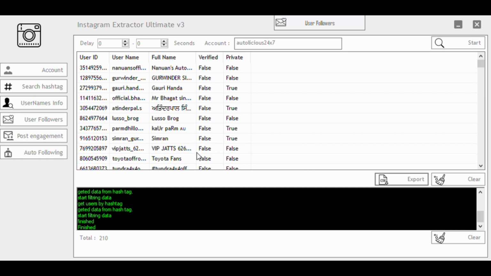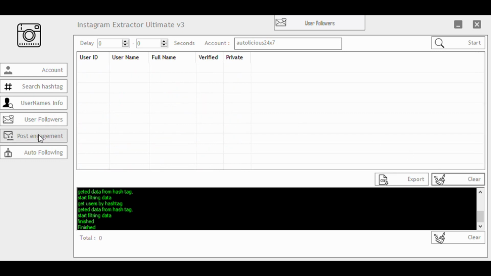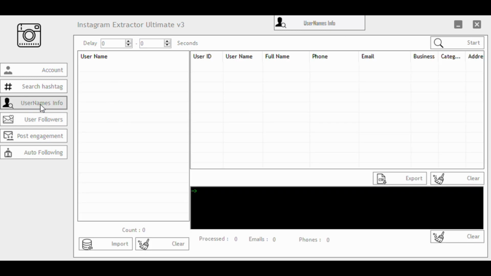While exporting the data, you will get the option to export user ID, username, full name, verified, private. You need to check the username only and uncheck the remaining four options. Once you do that, you can save it into a CSV file or a text file. If you're saving only one column or category, I would recommend text. If you want to export all details, I would recommend a CSV file, which is a kind of Excel.